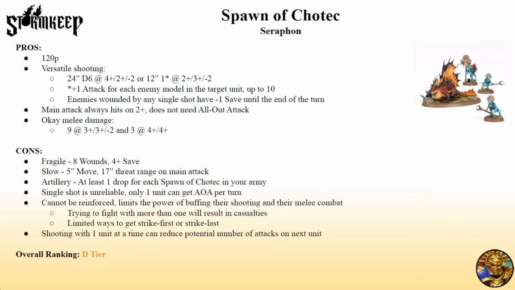The other shot, if there's nothing within their 17-inch threat range, is a 24-inch single D6 shot on 4s to hit, 2s to wound, Rend 2. And that really sucks. Single shot that has to hit on a 4 and then does D6 damage. However, if an enemy actually takes wounds from this, they don't save it, it hits, it wounds, they don't save it, and they don't ward it, you get +1 rend against that target until the end of the turn. And that is a crazy high damage spike, because when you shoot with this and then you shoot with Tempesters, you feel like a tactical genius. But